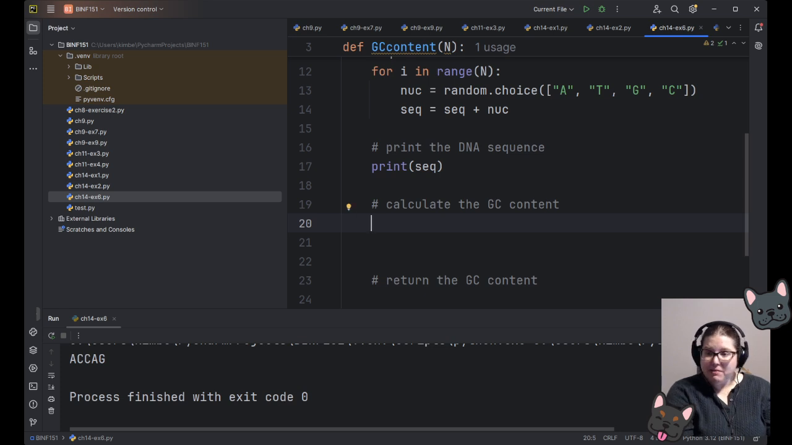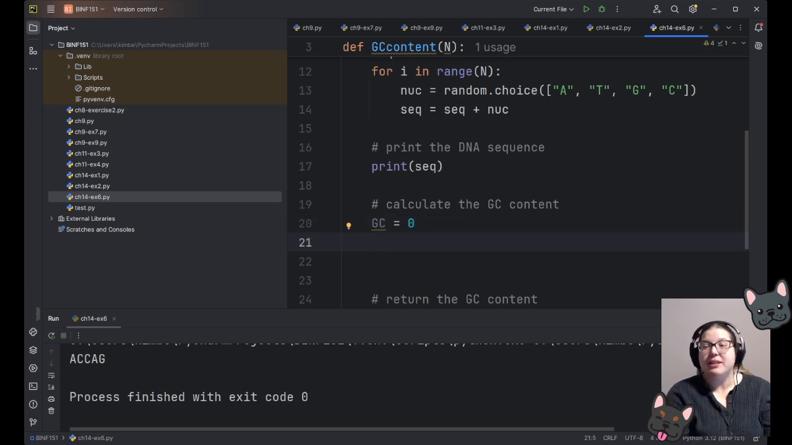So I probably need a GC variable that starts off with 0 that can say we haven't seen any G's or C's yet. And then I can go through that sequence that we have and say if it is a G or if it is a C, increase that variable GC by 1. So because the sequence is a string, I can just go for N in seq, and that will give me each letter individually every single time that loop repeats,